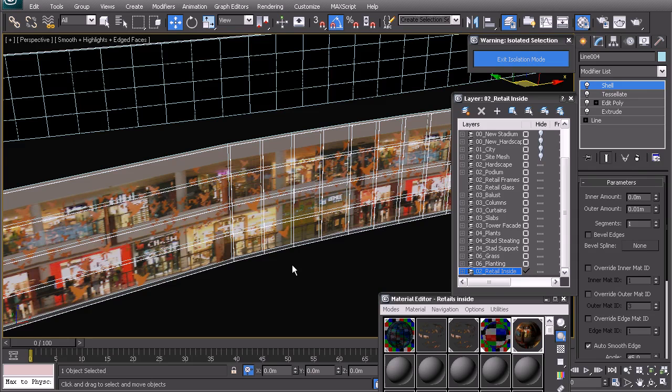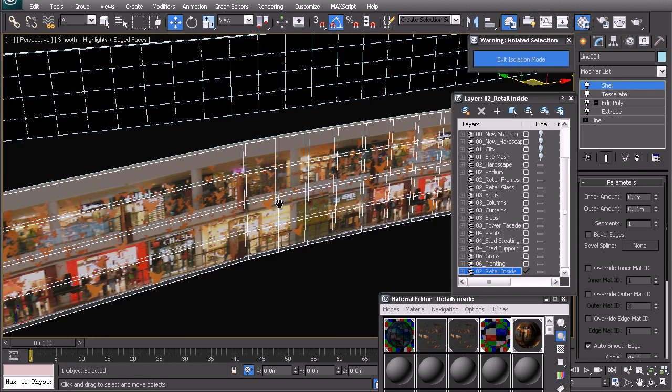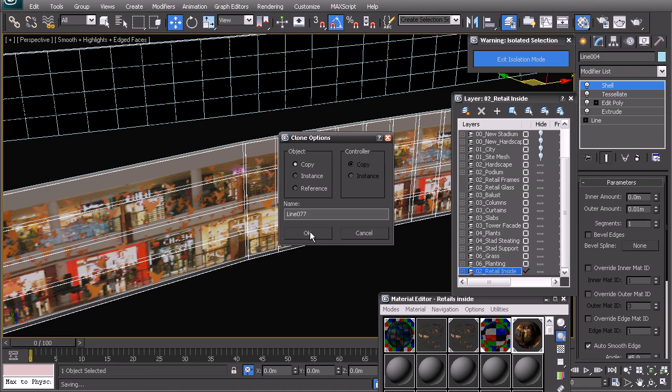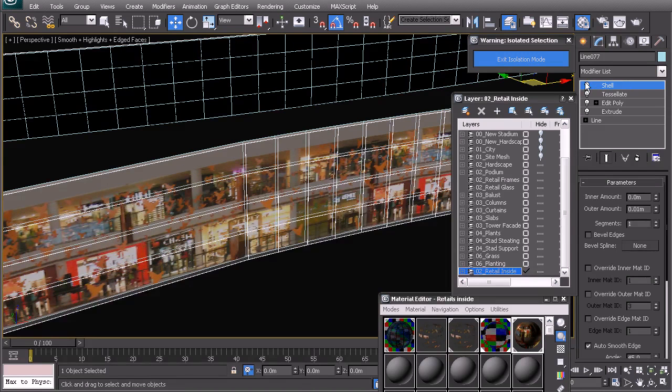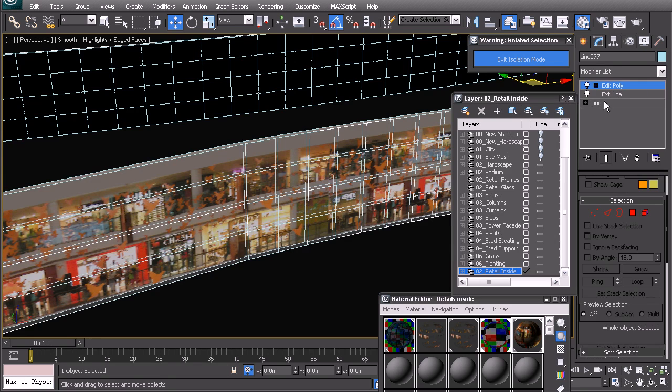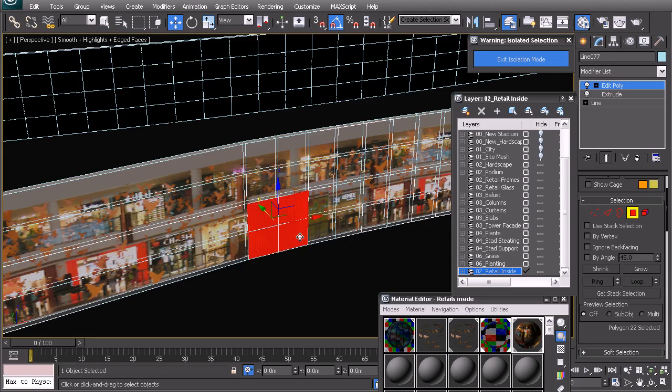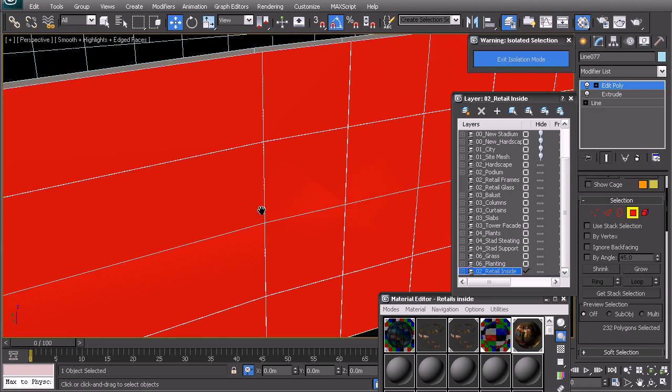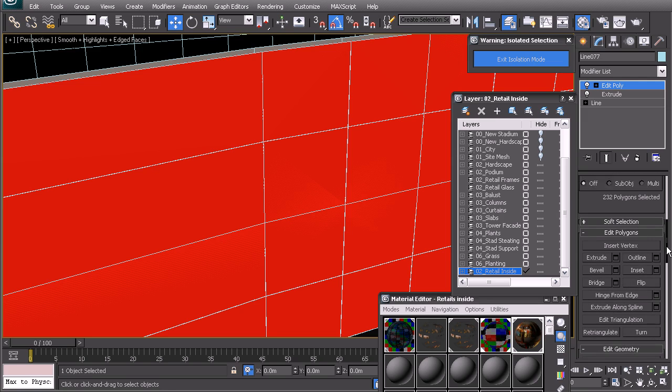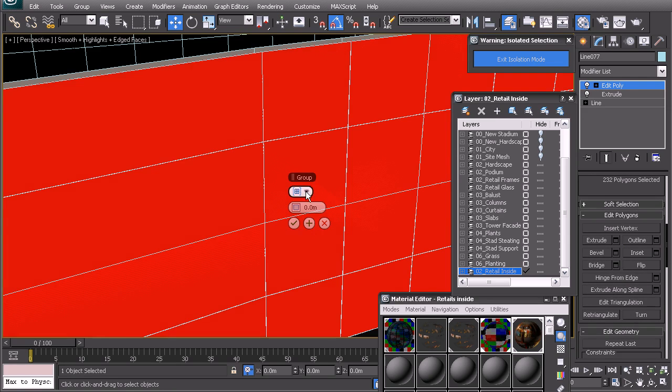And to create the outside frames, what we're going to do, instead of just having pure glass, let's go Control V and make a copy of that outside glass layer. And then instead of shell and tessellate, we can delete those 2, and we can do this in 2 ways. Either you can select all of the polys, this is my preferred way, by selecting Control A, then just go Insert by Polygon, and then here just choose the width or half width of your window frame. Let's say we want 10 centimeter window frame, so we're going to go 0.05, enter,